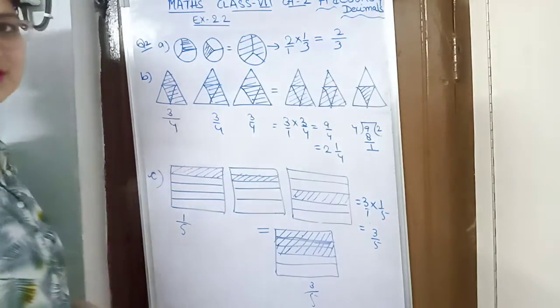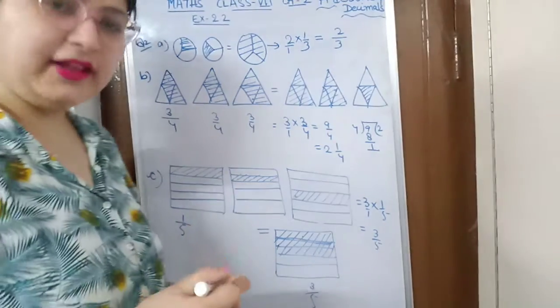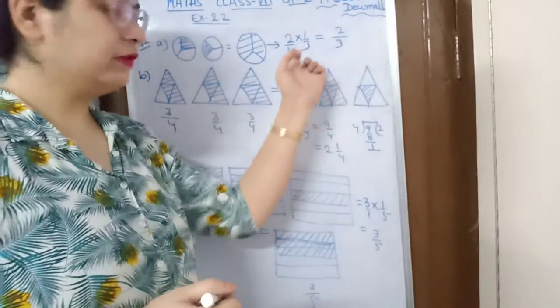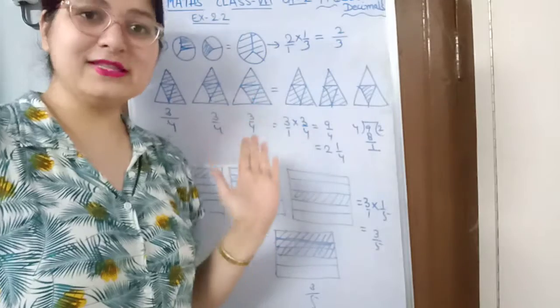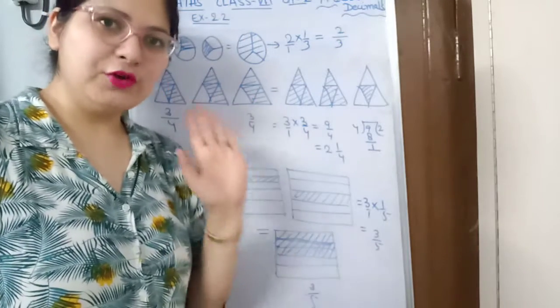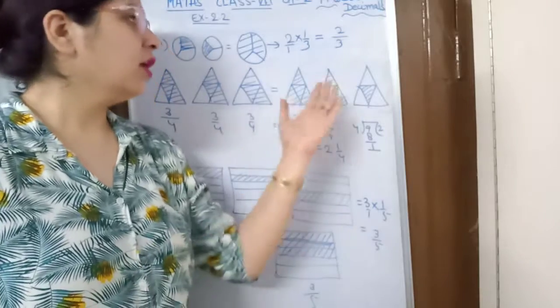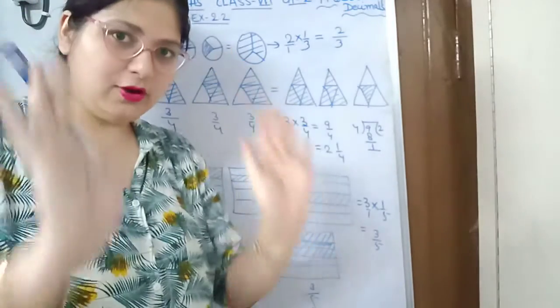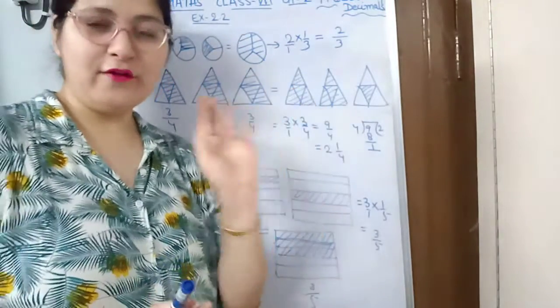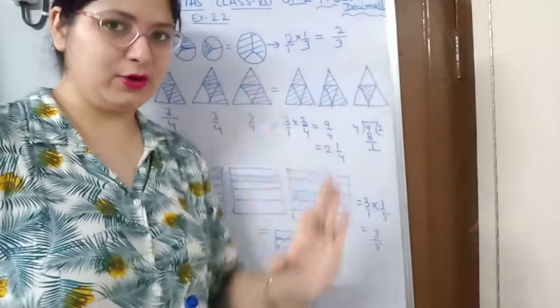So this is our answer. We need not take the help of the book for the answers. We just solve by understanding the concept. If you have understood the concept, you need not look for any clue. You will solve by yourself with the help of your mind, just like I have made you understand.